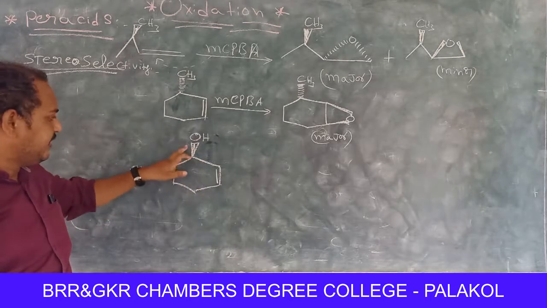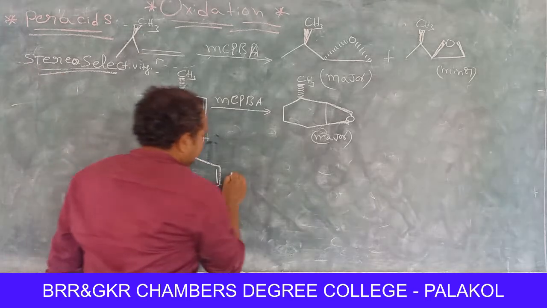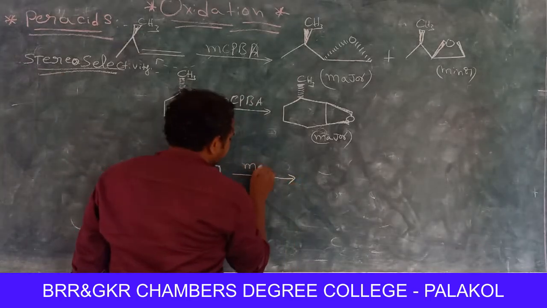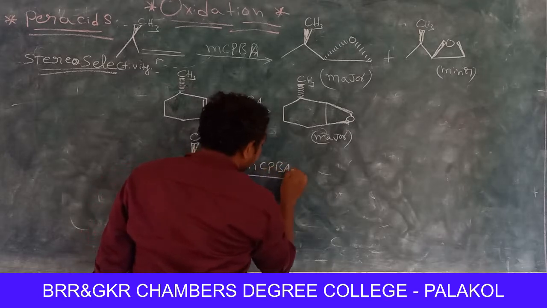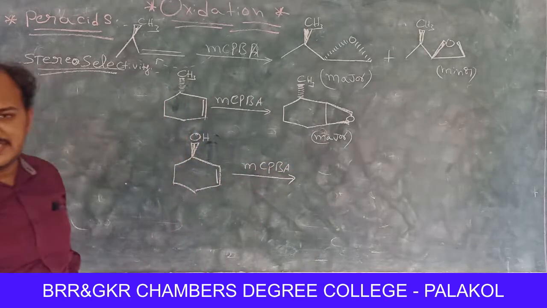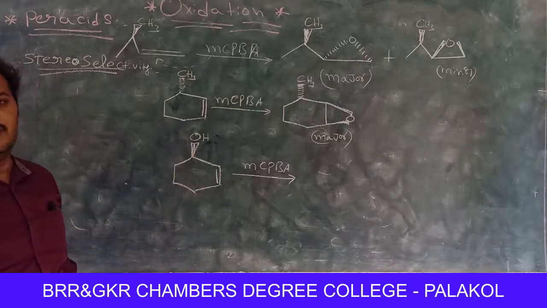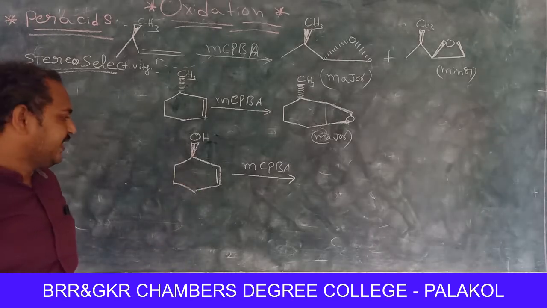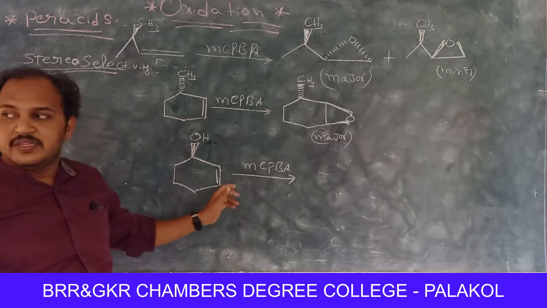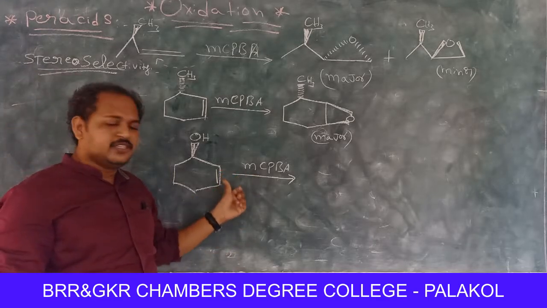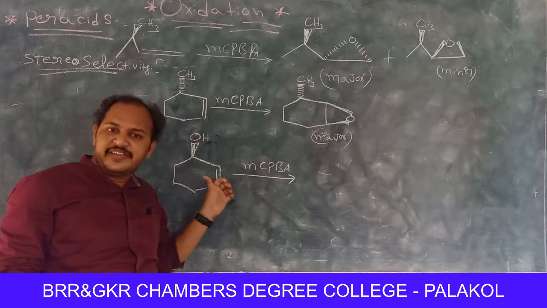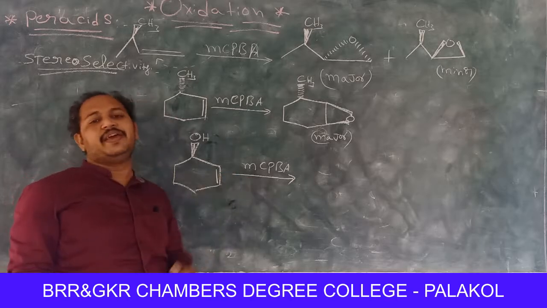Got my point, right? Whenever we use just mCPBA to oxidize the double bond, what is the product in general that we can expect? Automatically we can expect epoxide formation taking place from below the plane,